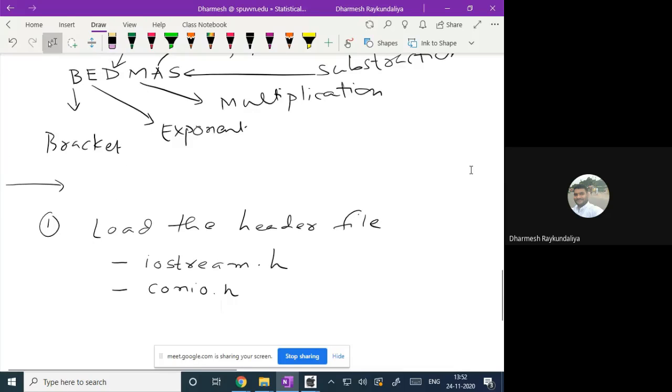Okay, suppose arithmetic operations we wish to perform like z1 is equal to x plus y,